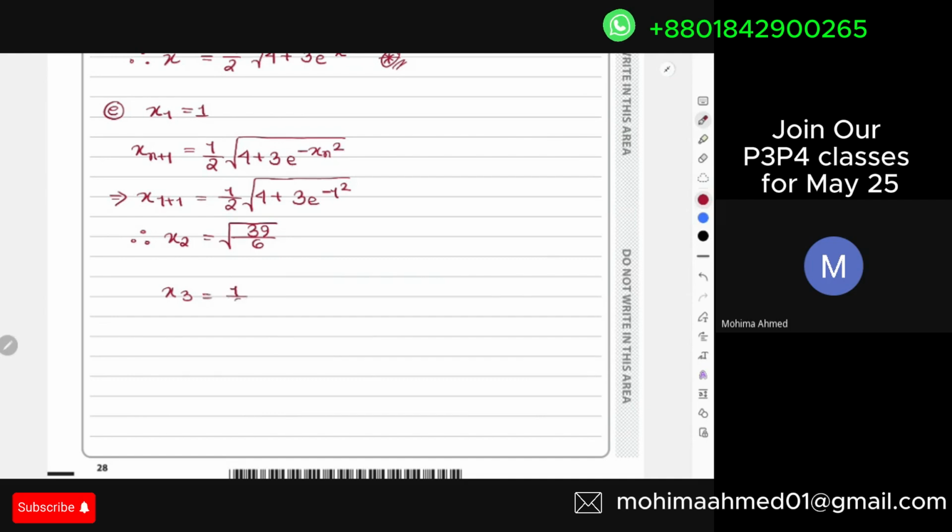So we have half, then the square root of 4 plus 3e^(minus 39 by 6 squared), and this square will eventually become 39 by 6 only, right? So minus 39 by 6, everything under the square root. So if I just insert this in the equation again,